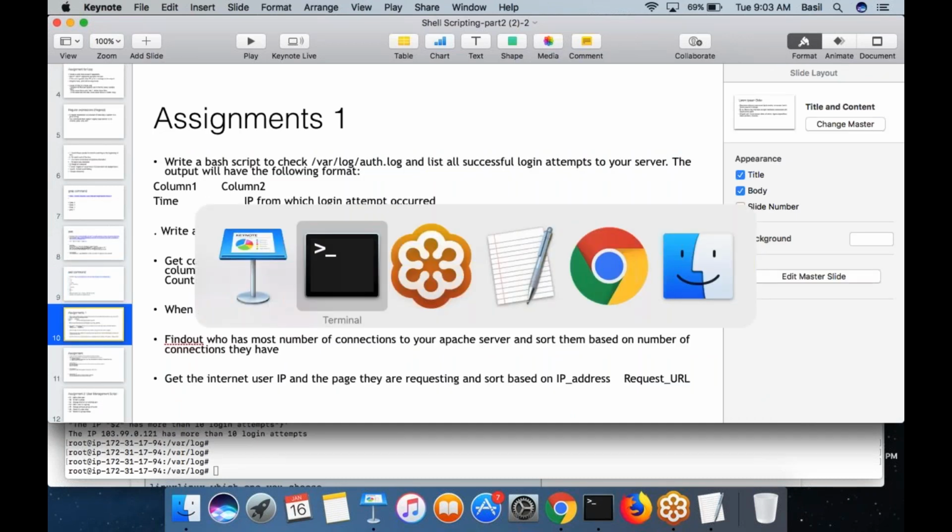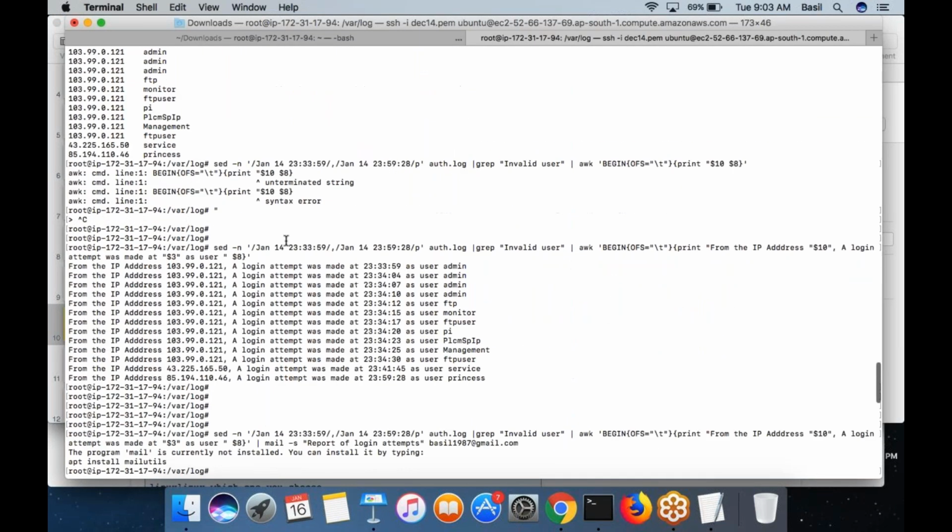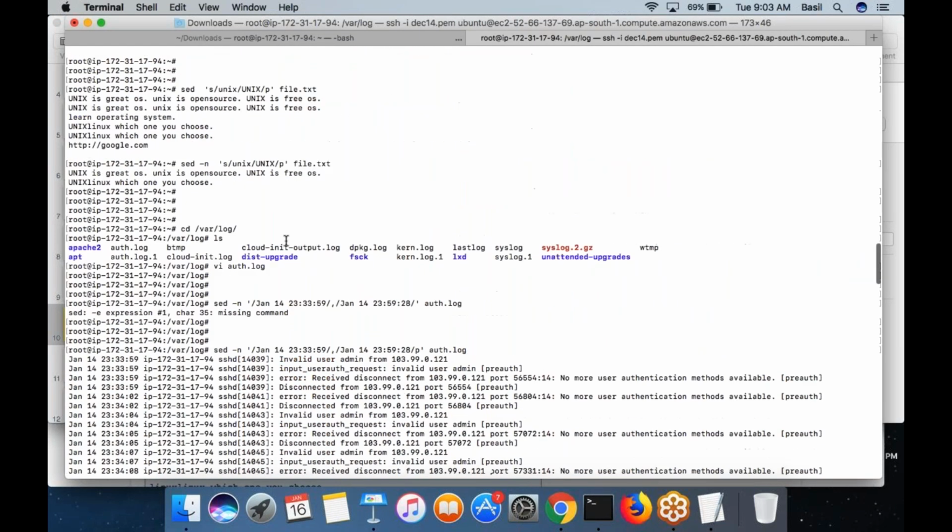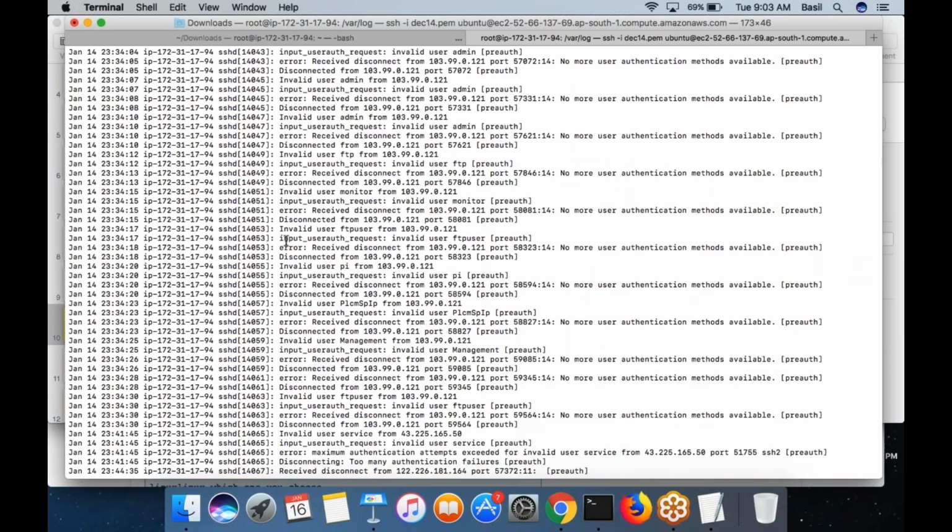And actually, these are not deliberate attempts. Some people on the internet want to find out which machines are vulnerable and can be hacked easily. They just randomly try to connect to a number of IPs and try to log in with a username and password. Our server, we know that it is always secure because it is secured with a key.